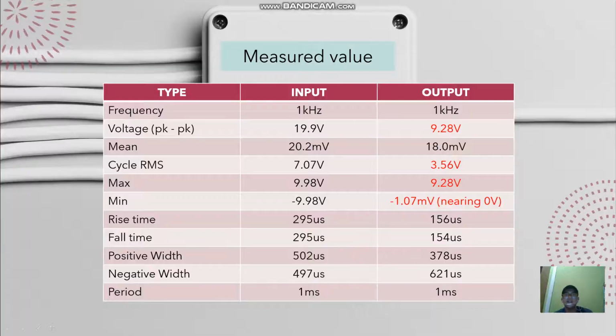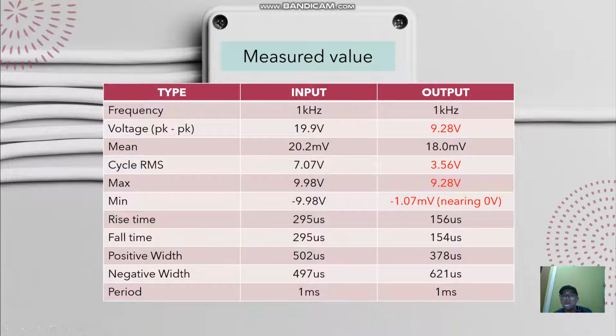So this is the measured value that we gain from the previous simulation, where I already state all the types, starting from frequency up until the period. But we're just going to look for the types of frequency, voltage peak to peak, cycle RMS, maximum and minimum voltage, and periods. And you need to know that after the observation that we see, for the half wave rectification, voltage